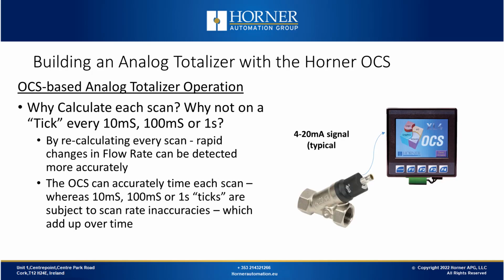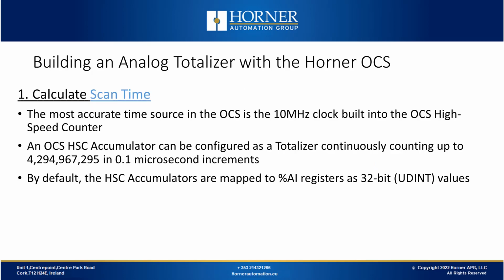There's a 10 millisecond, 100 millisecond, and 1 second tick available in Cscape when you're configuring your OCS or programming your program, which could also be used, but there can be some variations based on scan rate, so in an application where you're trying to accurately calculate volume, those inaccuracies can make a difference over time. So today we won't use the ticks as our indicator of time; instead we'll calculate the scan time of every scan. To do that, we're going to need a really accurate time source, and the most accurate time source available